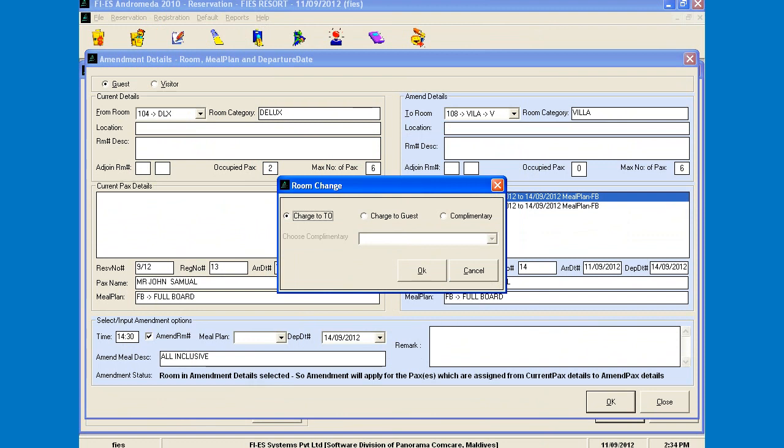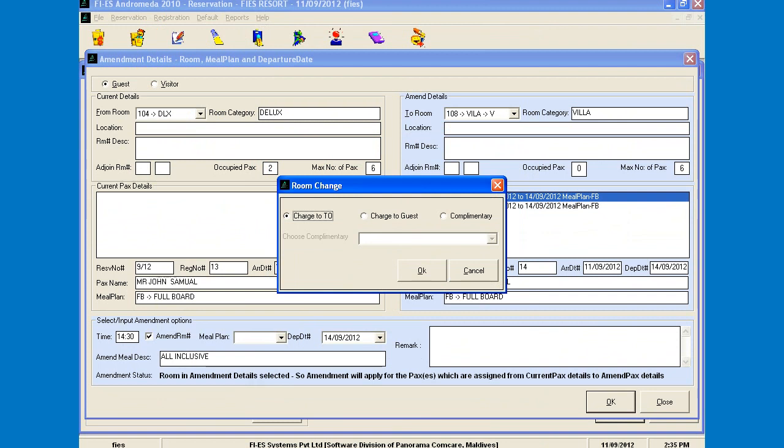Now to whom this change should be charged to. We can charge the same to the tour operator, so that the additional amount coming from this upgradation or change in departure date will need to be paid by this particular tour operator, or charged to the guest, so that the guest will be paying that amount, or it can be given as complimentary. Sometimes the resort will be giving this upgradation as complimentary.